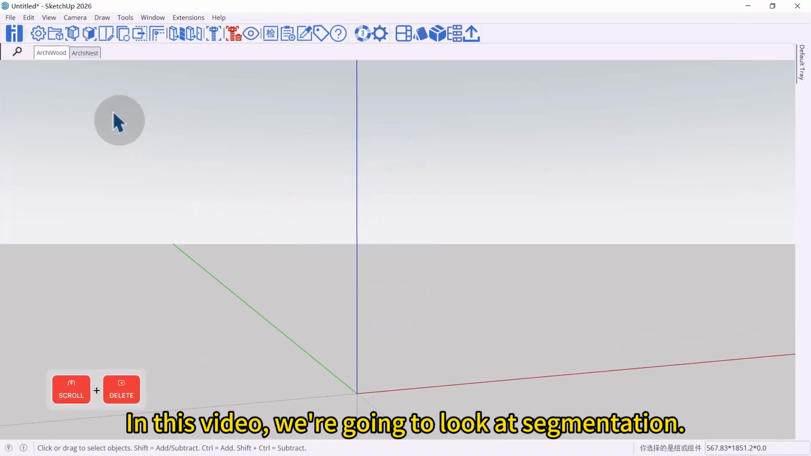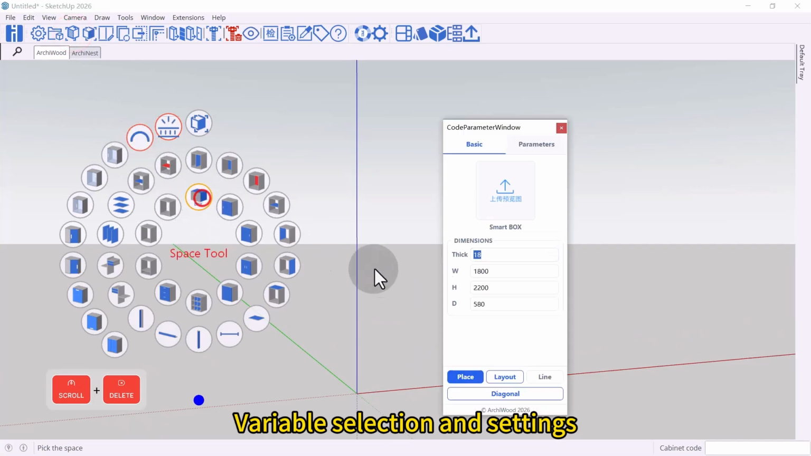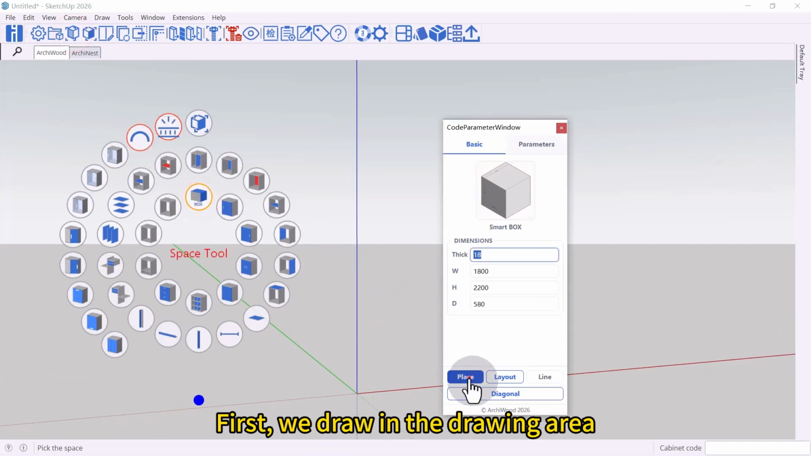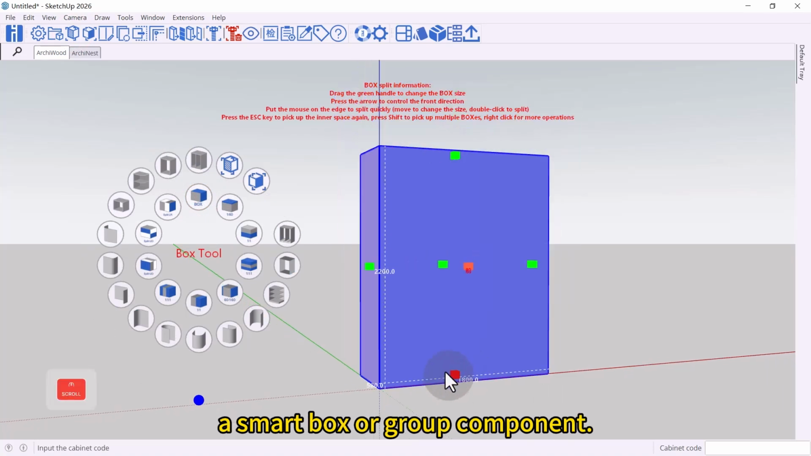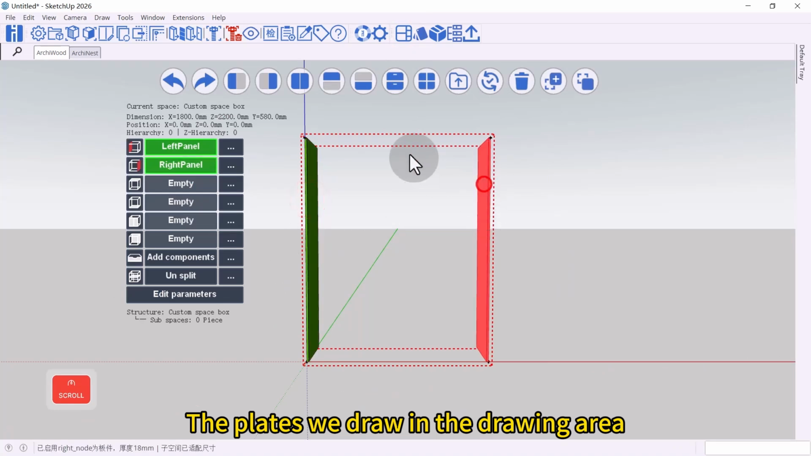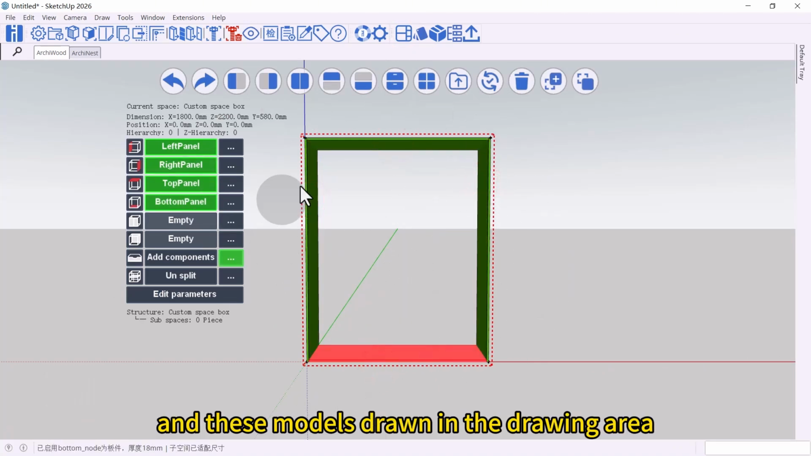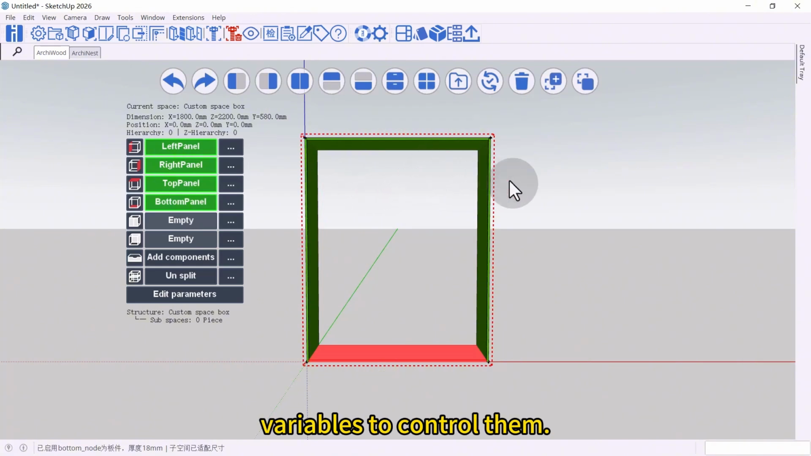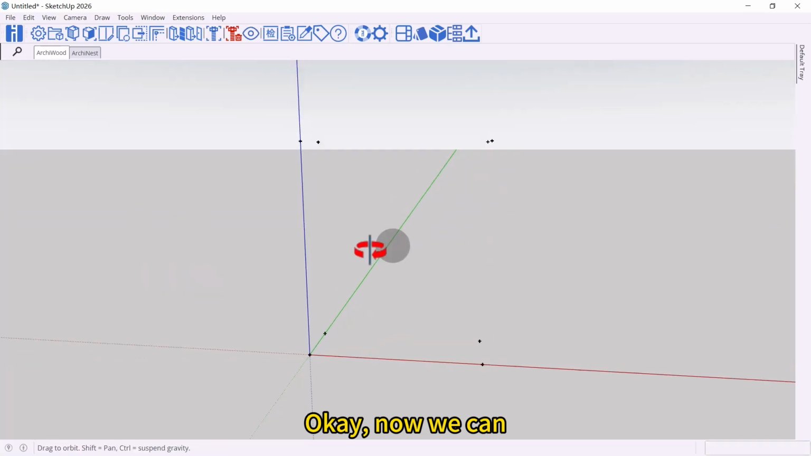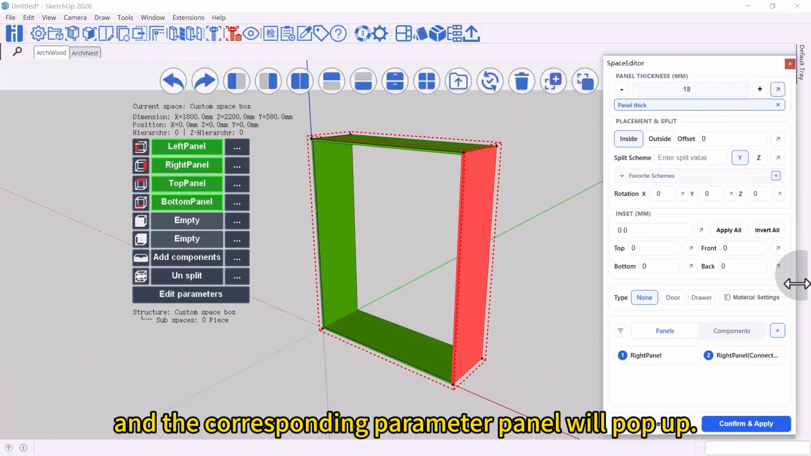In this video, we're going to look at segmentation, variable selection, and settings. First, we draw a smart box or group component in the drawing area. Then activate the space segmentation for the plates we draw in the drawing area, and these models drawn in the drawing area. Variables control them. Okay, now we can double-click on any of the plates, and the corresponding parameter panel will